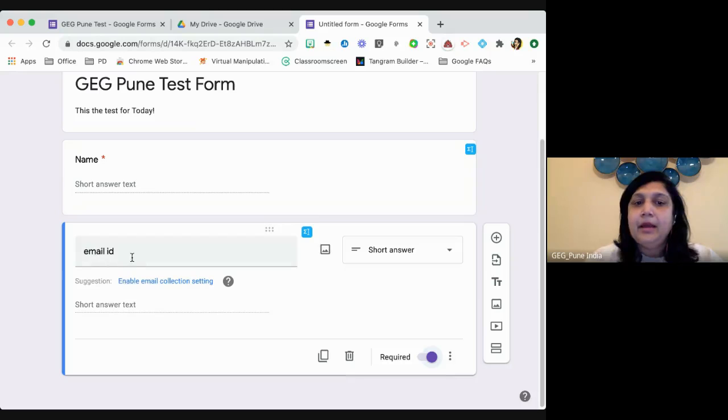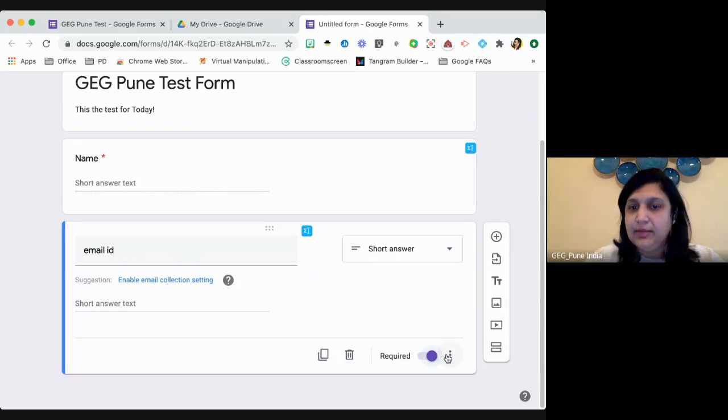Okay. I wrote here email ID. It gave me an option saying that short answer. Now, इसमें there is an option while you make a quiz to enable collecting emails. But कई बार क्या होता है कि you send a form to a particular email address, but that person wants to give you a different email address कि आप मुझे इस email address पे contact करिए. So it is always better to give a provision to enter the email address, especially higher grade के kids के लिए. तो छोटे बच्चों के लिए तो ठीक है कि we can just give parents email address and everything.